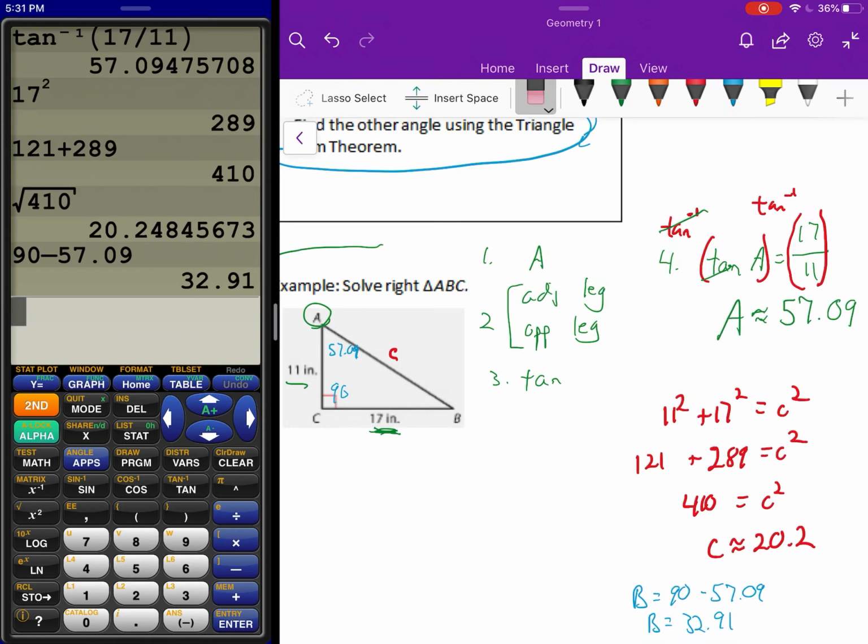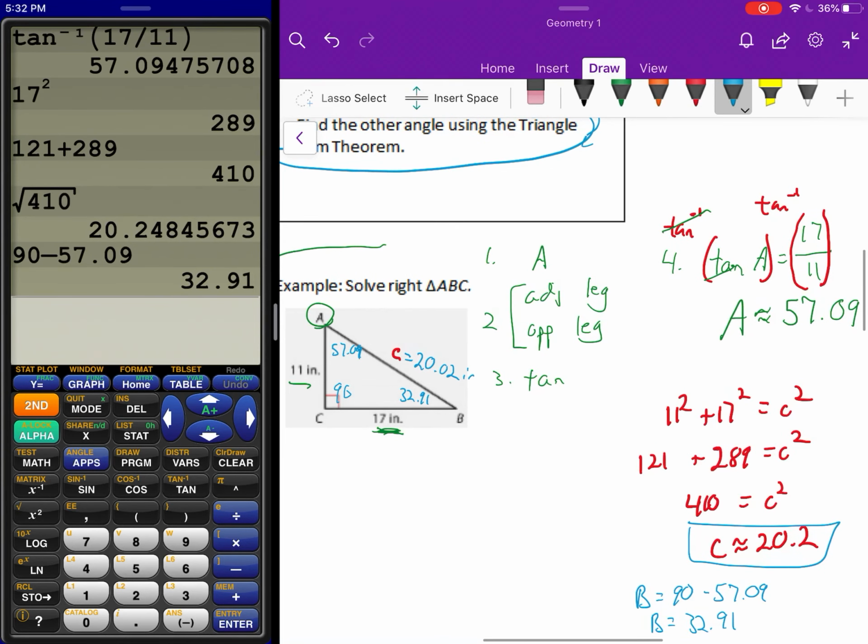And you get 32.91. Now, when you solve these triangles, I don't think I mentioned this before, I would prefer you to put your answer, if you can, right on the triangle, because then you can see what everything is. So this is 32.91, and we found C with Pythagorean theorem, that was here, and that's 20.2. And that's actually in inches. So we solved that right triangle. We were given two sides, and we solved it. In this case, we used tangent. We won't always use tangent. It just depends on